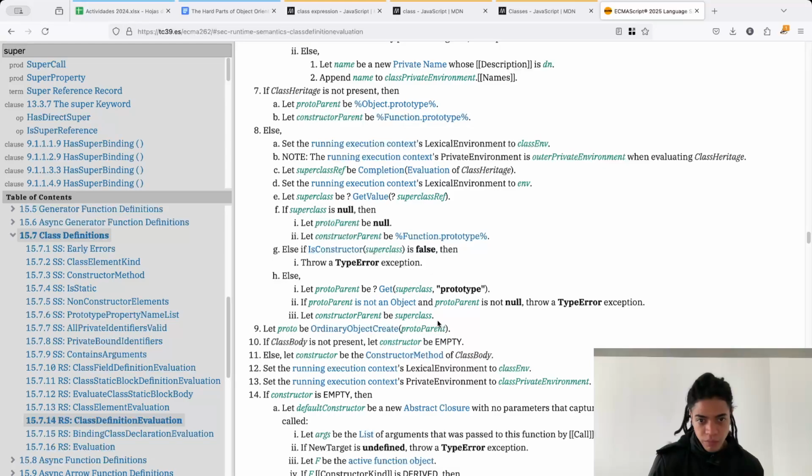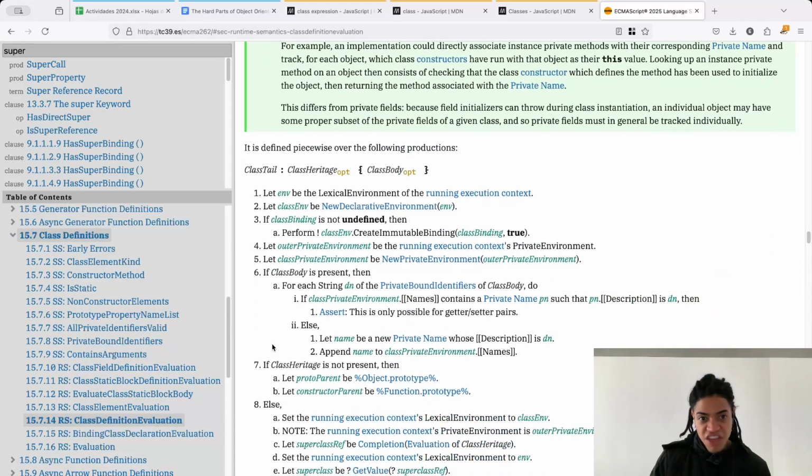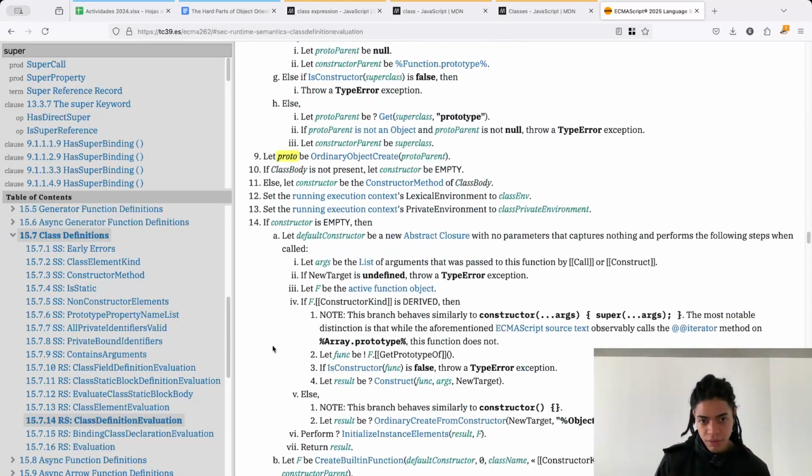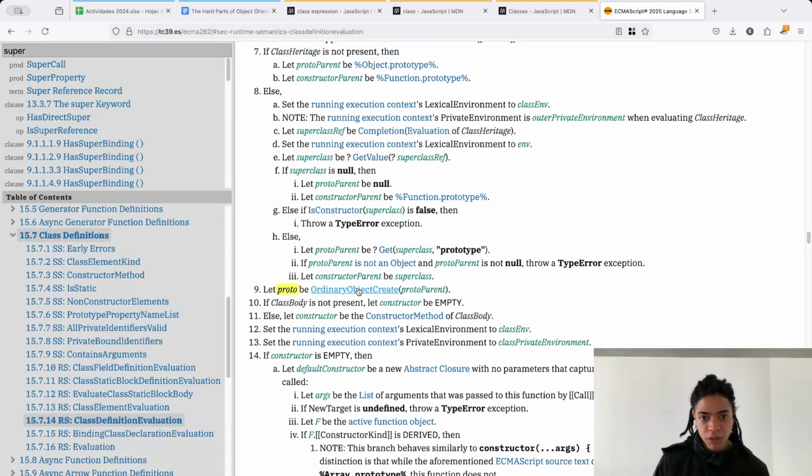And now let the proto of this object exactly be an ordinary object created that points to the proto pattern. Exactly. So the prototype of this object is now pointing to